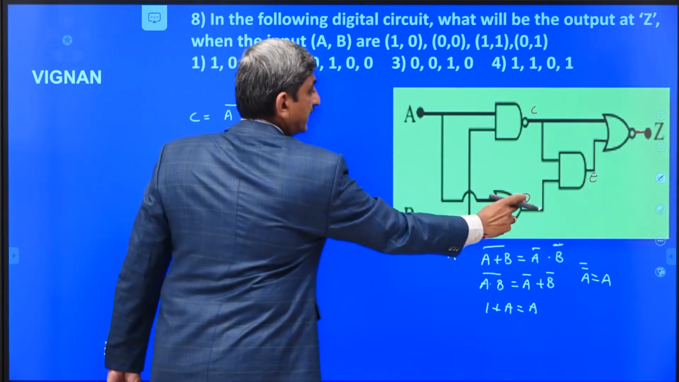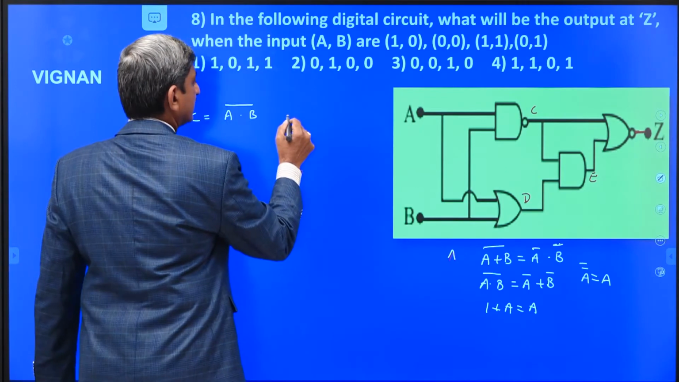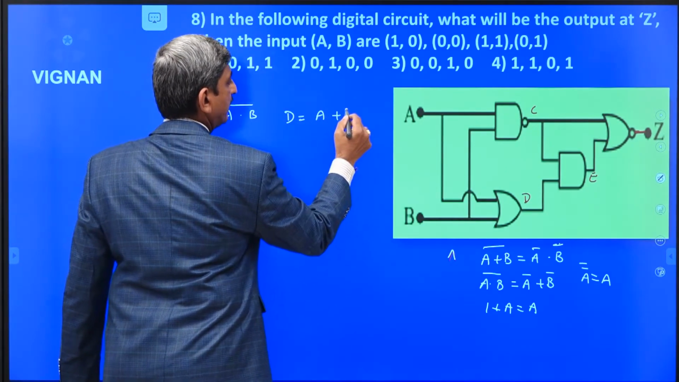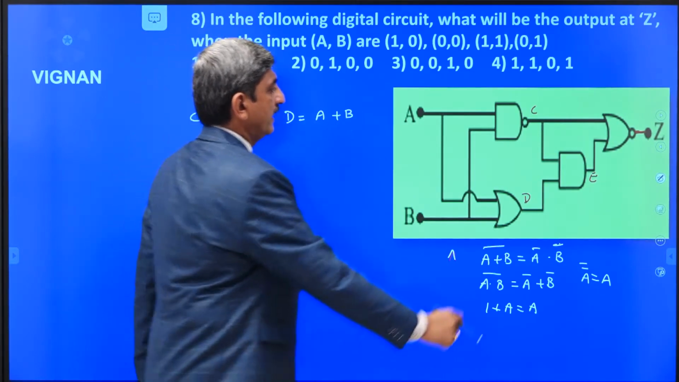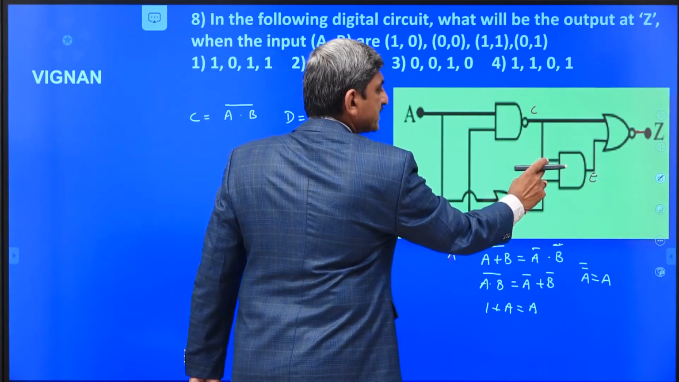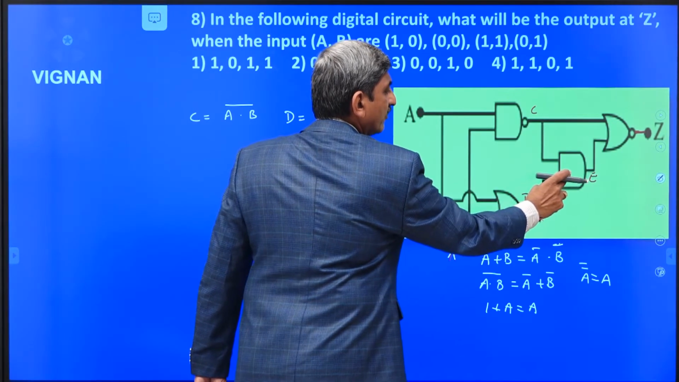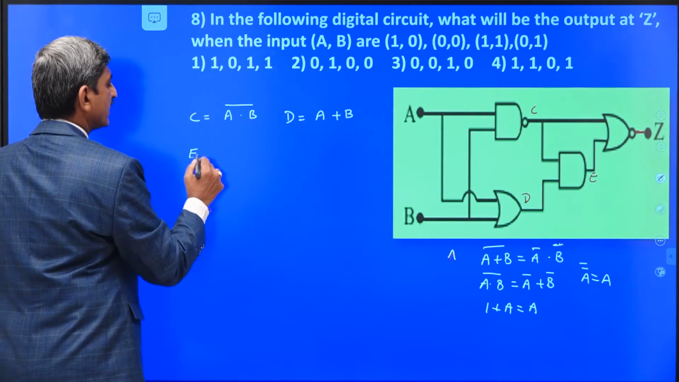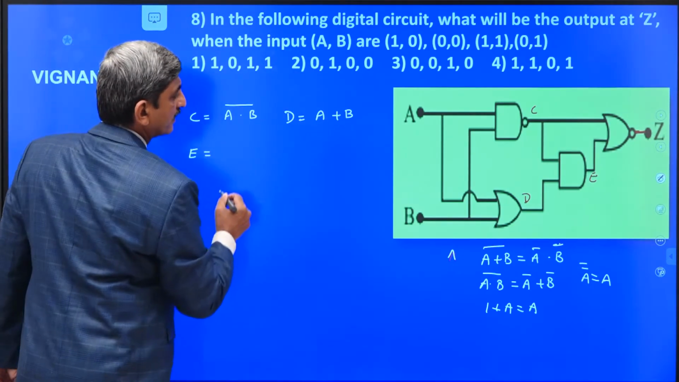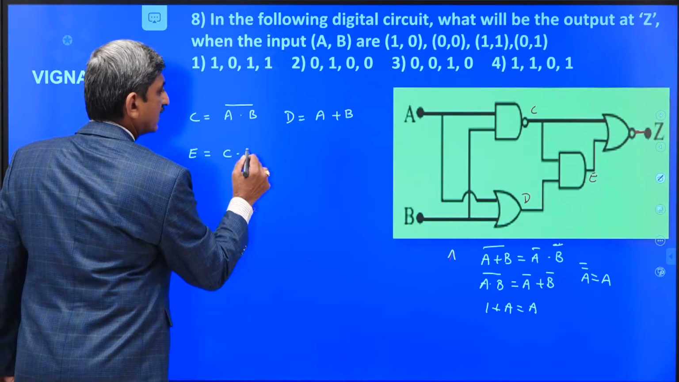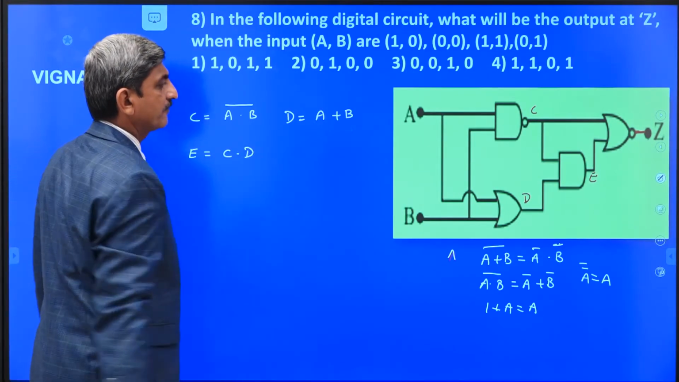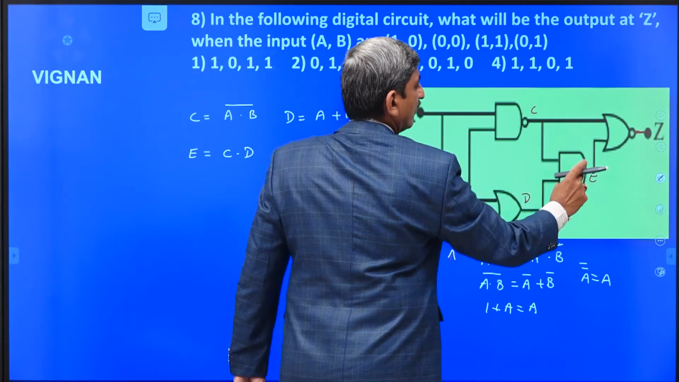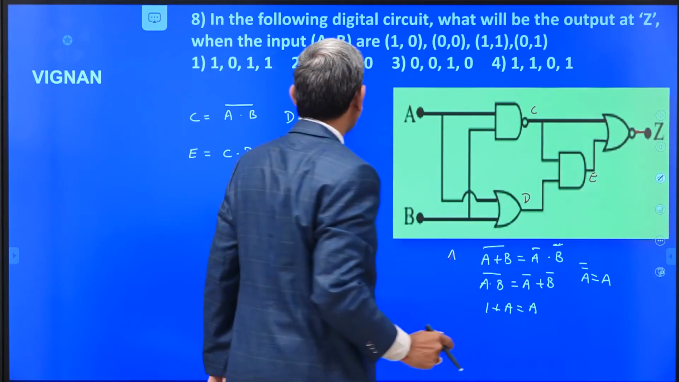Next, D is the OR gate, at D the output is A plus B. At E, one input is C, one input is D, and this is the AND gate, that's why the logical expression at E is C dot D. At Z, one input is C, one input is E, this is the NOR gate, that's why the output Z is given by